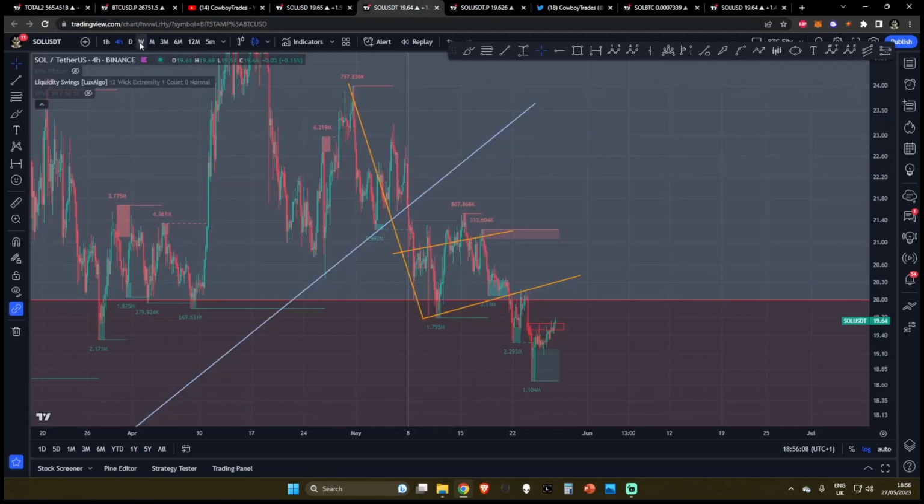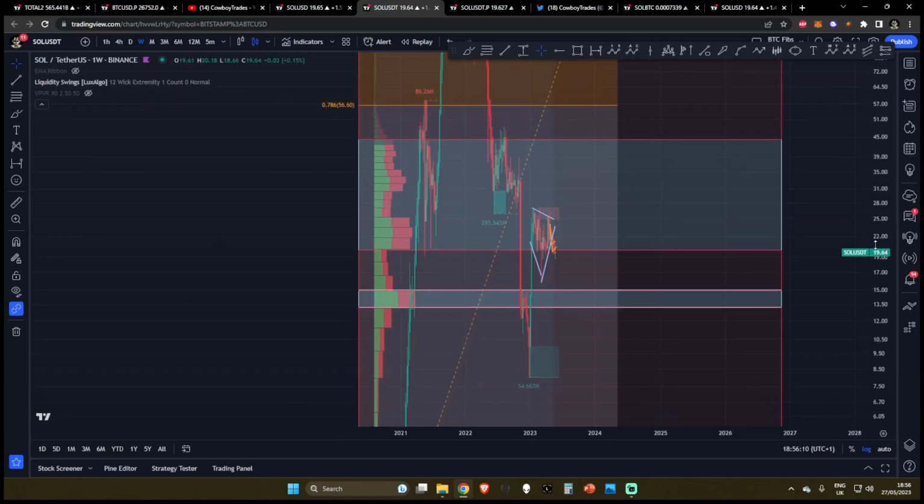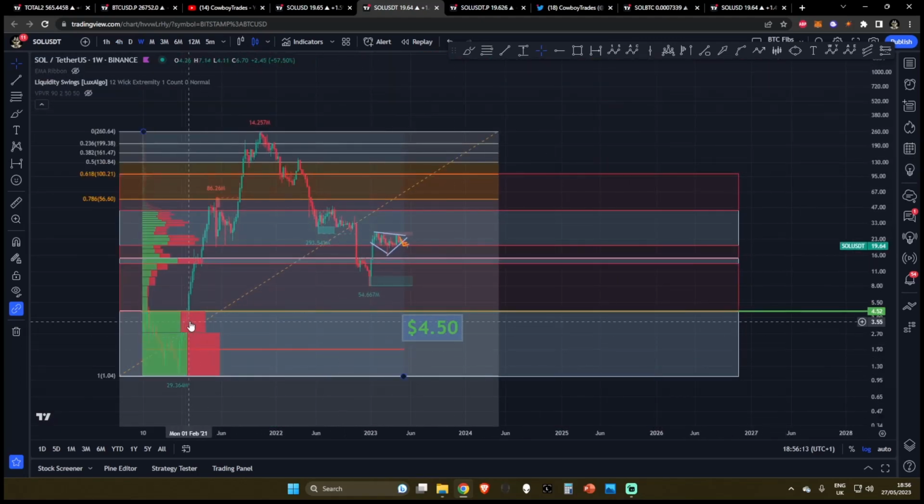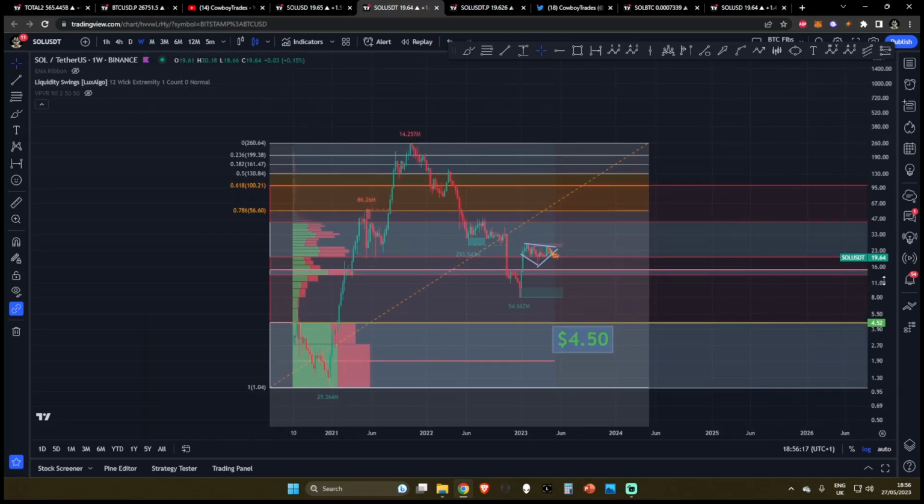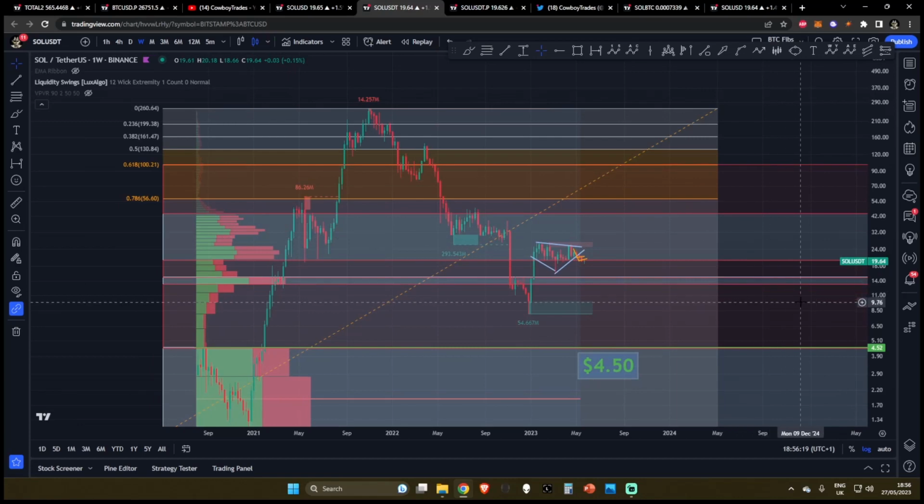If we come back over to this original chart, I mean, if you're a veteran of the channel, I've discussed all of this in major detail before. Huge cluster of volume down here at $5. All in all, I do not think that Solana degens are going to turn down the opportunity to ape in